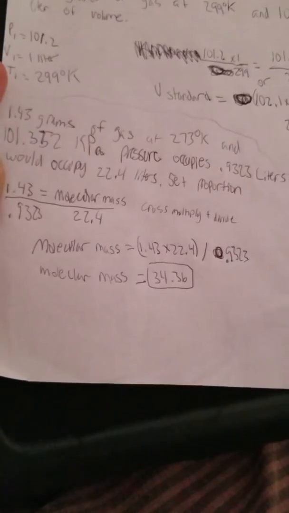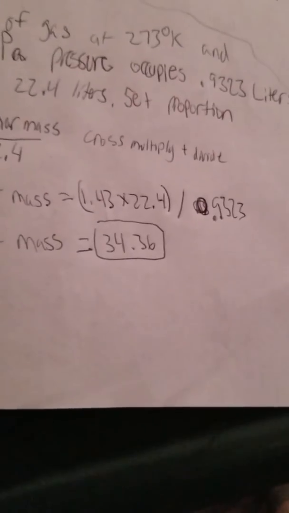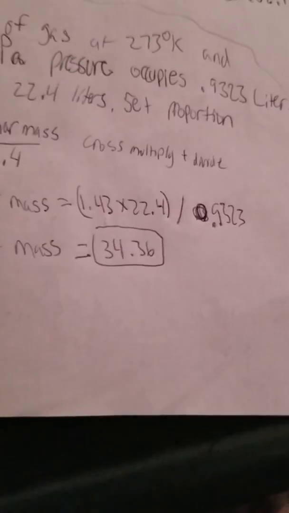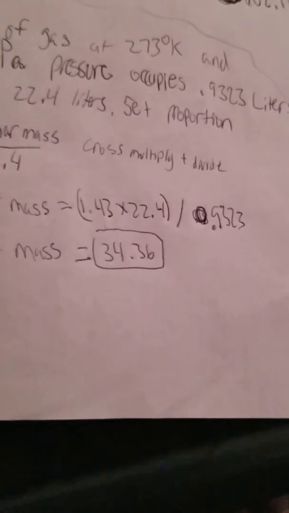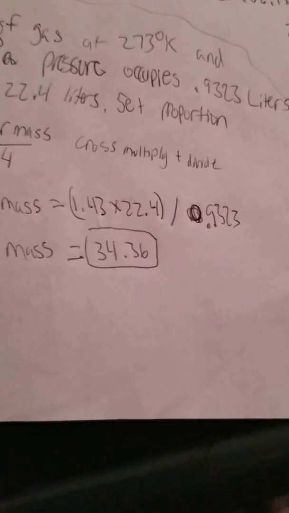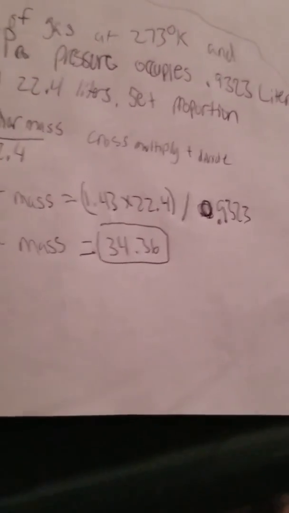Then from there you cross multiply and divide. Another way you could write this is right here: 1.43 times 22.4, and once you get that answer, you divide it by 0.9323, and your answer for molecular mass is going to end up being